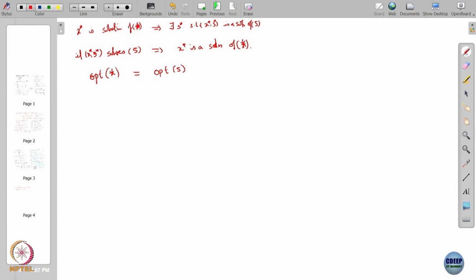So, this new variable s that we just introduced has a name; it is what is called a slack variable. Okay, so the s is what is called a slack variable, that is